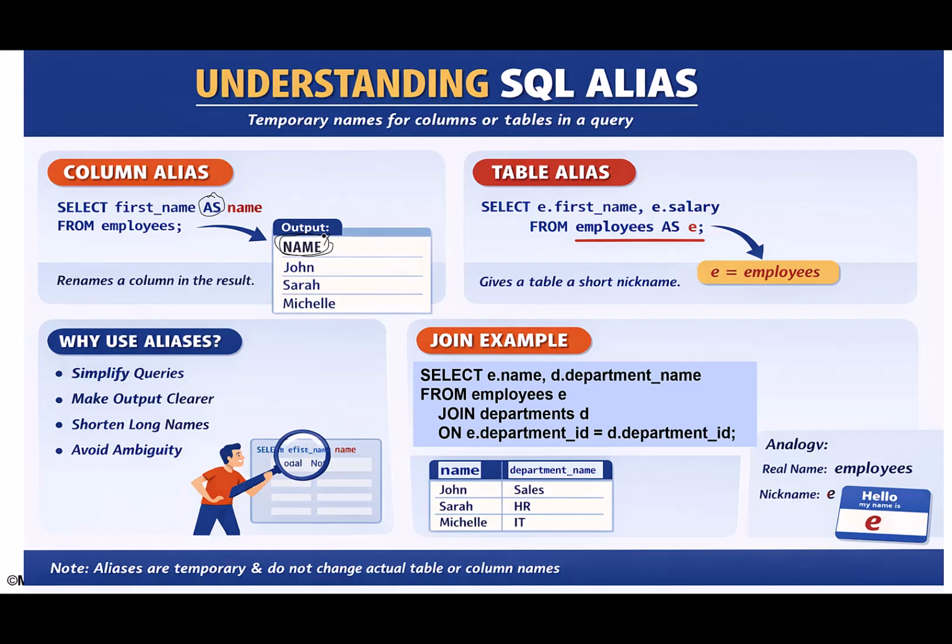you can also define an alias for a table. For instance, employee as E, and then if you need to prefix the column belonging to the employee table, you can just say E dot first name, E dot salary, to make a long table name much shorter. And in this case, it's a single table, so you don't really need a prefix at all. Okay. And so why do we use alias? Simplify the query syntax, make the output much clearer, which we mentioned, shorten sometimes long names, which you may need to use several times, and also avoid ambiguity